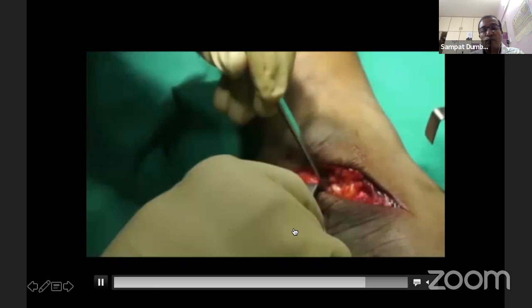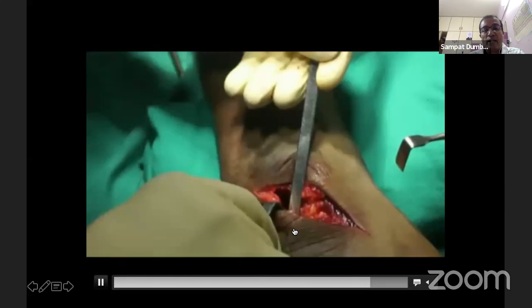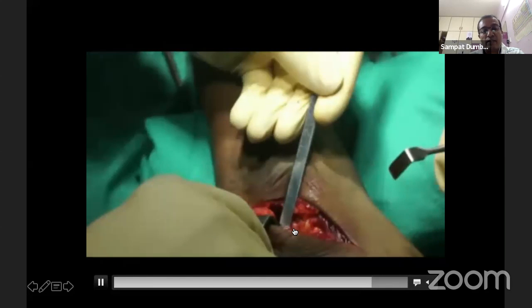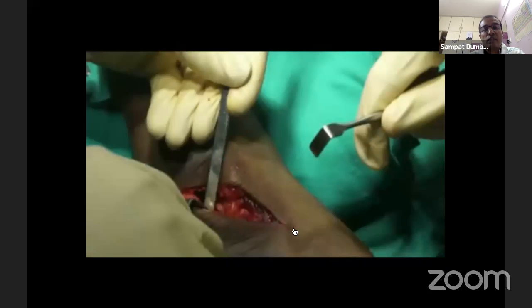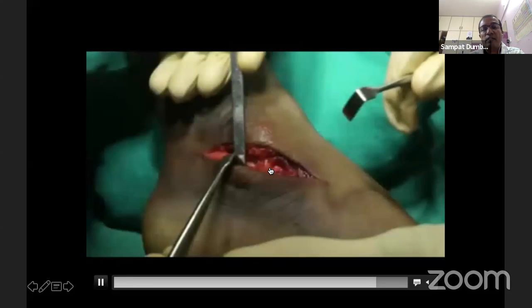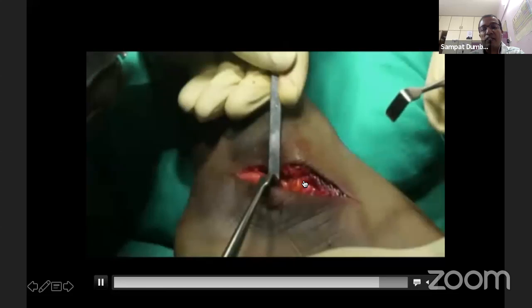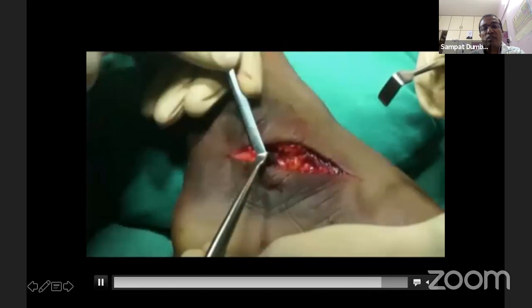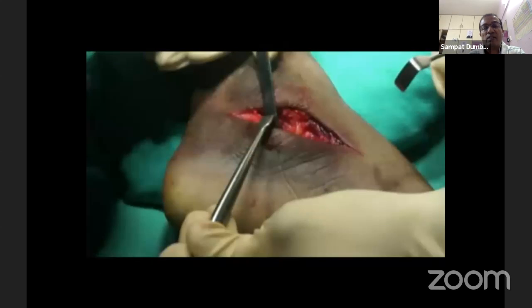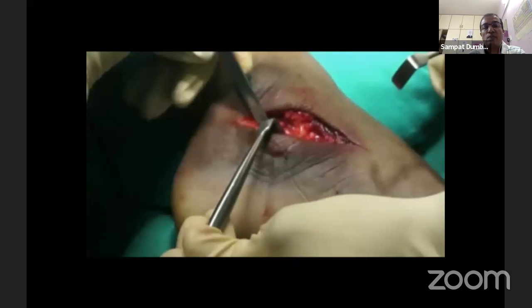And you will see, even in this video, which is actually not well shot, but see this now. I will show you how it is going to come up. And take the talus as a template. Now see this, this is the talus, and I'm going to elevate it. And once it is elevated, you will see that it matches very well. Yeah, and just give me 1 minute. It is going to,